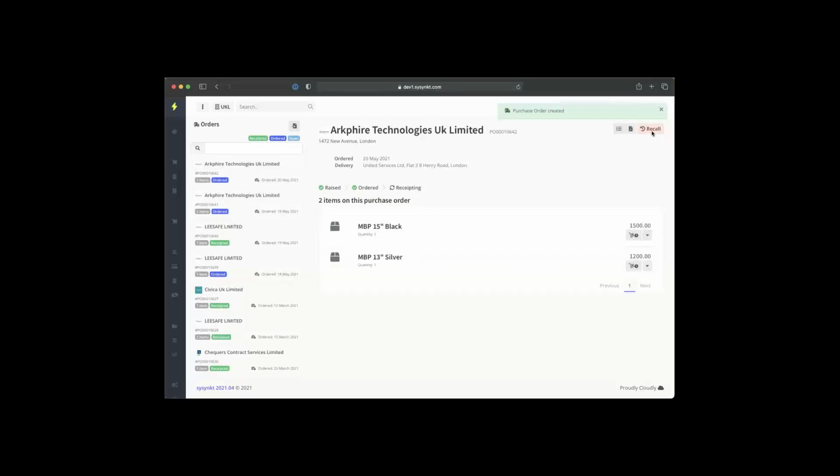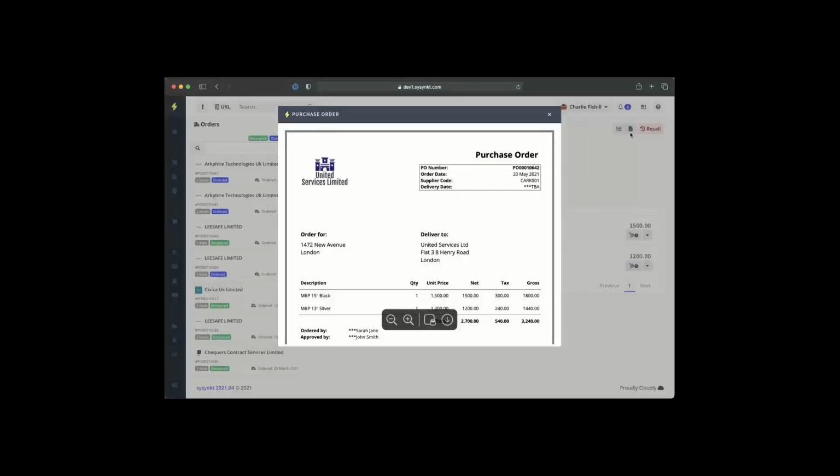Released, done. And in fact, we can even have a look at that purchase order as well. There we go. 2 MacBook Pros sent off to our supplier. Great, so at this stage here, we would expect that the purchase order's gone out, the supplier's received it. A couple of days later, they might have